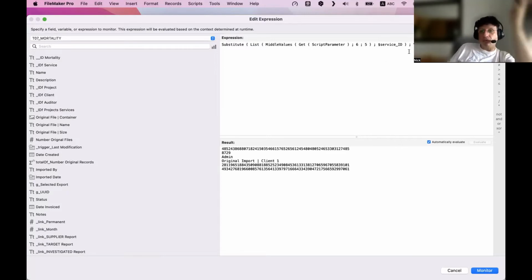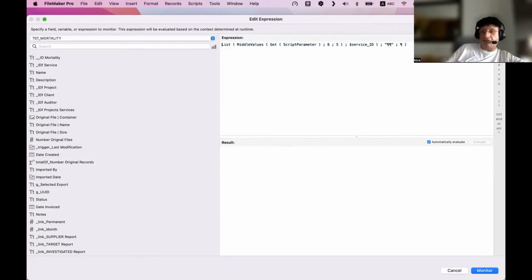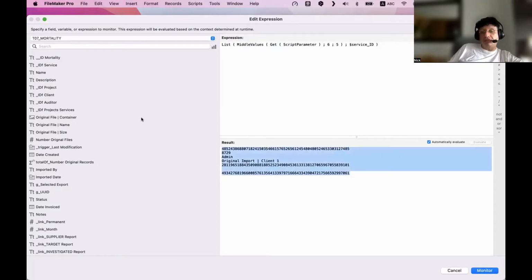Why am I doing this? Because with this list, sometimes it happens, or the most advanced users in FileMaker know that, especially when you do the middle value, it returns extra carriage returns.